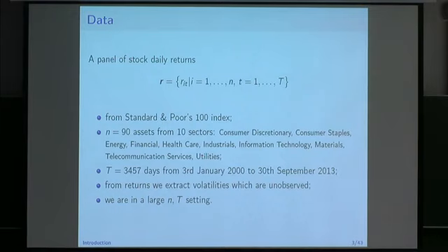Then, of course, if you focus only on 2 years, the number of observations is about 500. Okay, there are 252 observations per year. So if I focus on 2 years, that's the number of observations that we are going to have. So it's a pretty large dimensional setting, but still not an ill-posed situation where N is larger than T. Okay, so T is much larger than N. So some estimation problems are not there here because